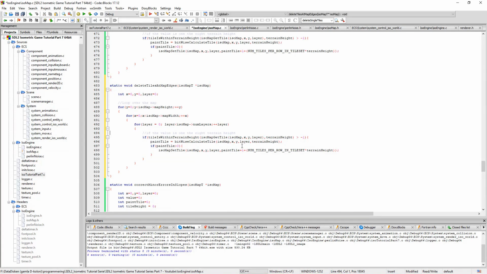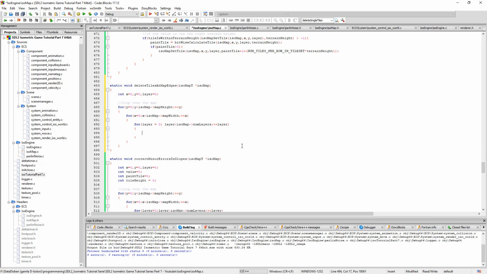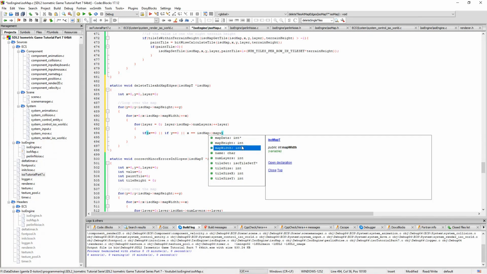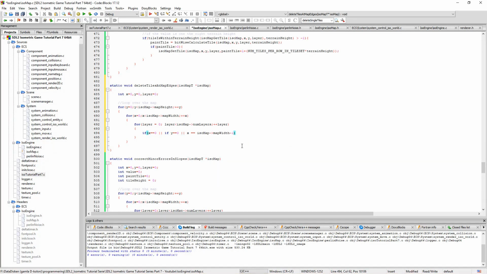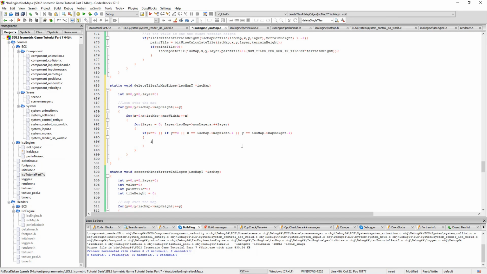Here we go. If we're at the edges, if x is equal to isomap dot map width minus 1, or if y is equal to isomap map height minus 1, then we know we want to do a simple isomap